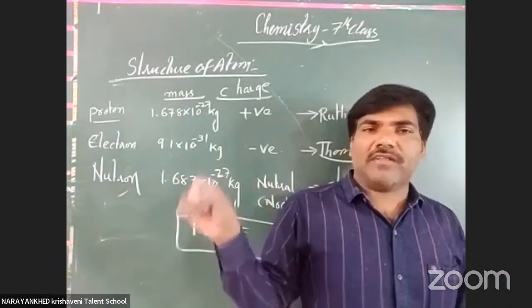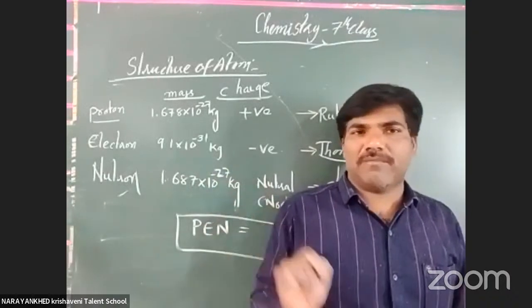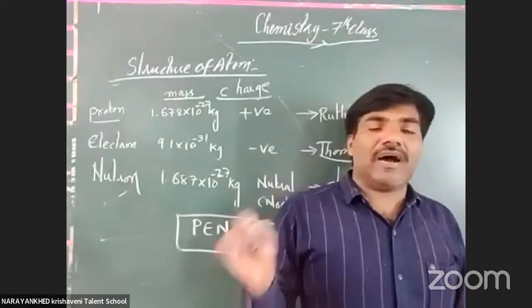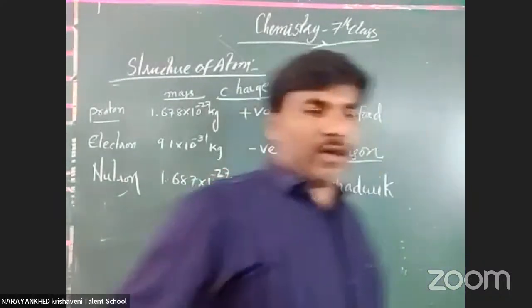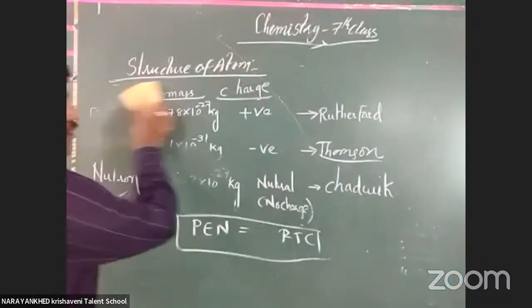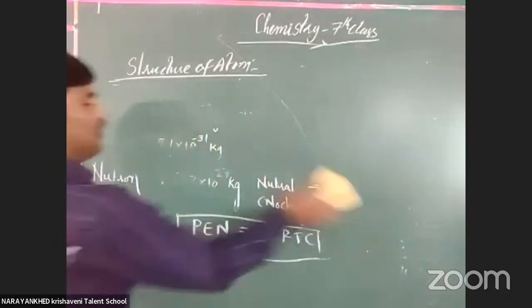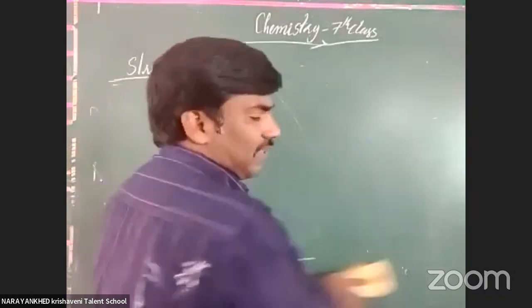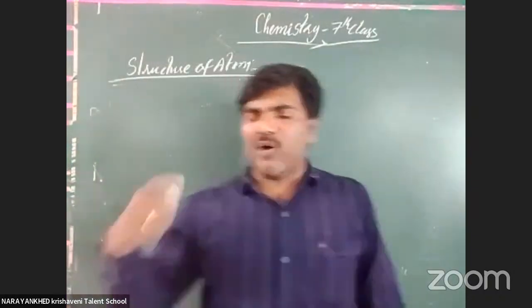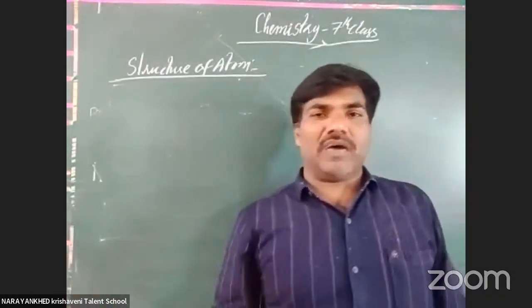Actually, the first cathode ray experiment was done by J.J. Thomson, and he said that the atom looks like a plum pudding model. Clear or not? You know very well that the atom is a container of what? Fundamental blocks such as the proton, neutron, as well as the electron. But how are these things arranged inside the atom?